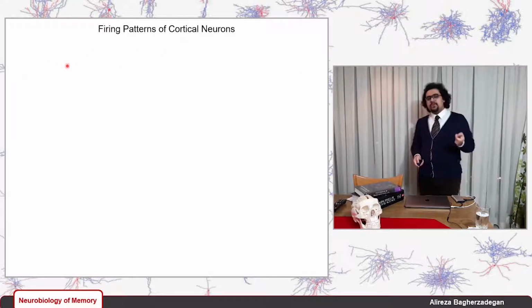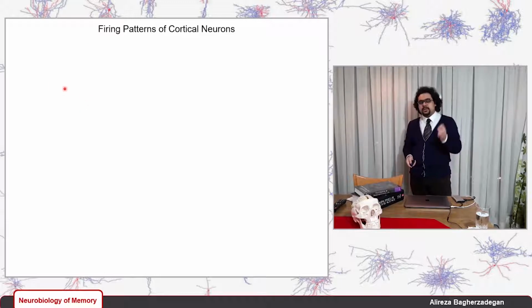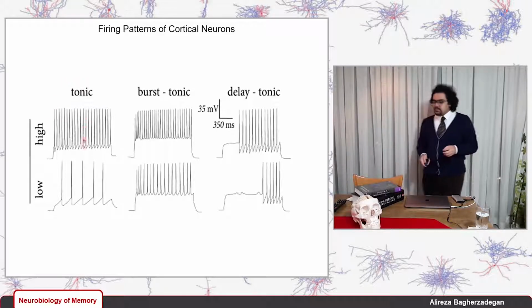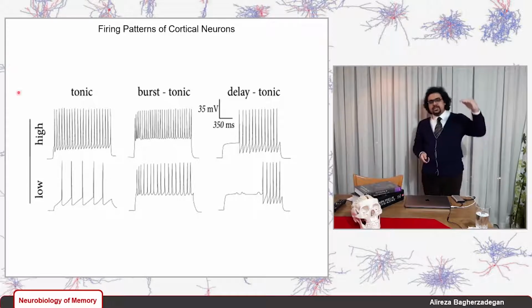But I told you that another feature that scientists can use to distinguish a cell type of a neuron from others is the firing pattern or the firing properties of a single neuron. Different neurons have different firing properties, and I'm going to introduce some of the common ones. For example, when we inject a step current, whether a low step current or a high step current,